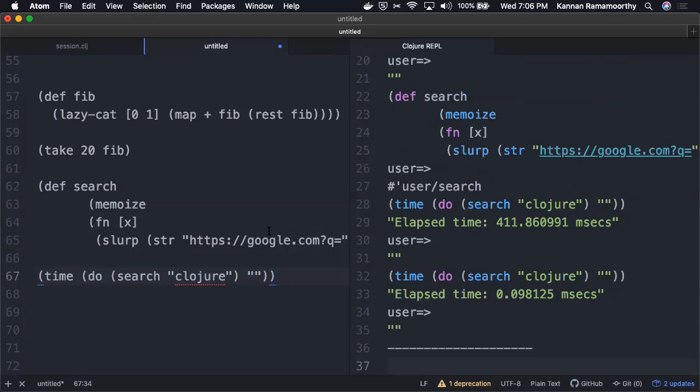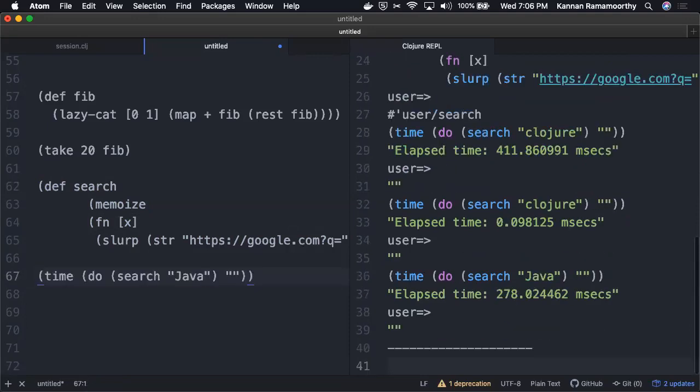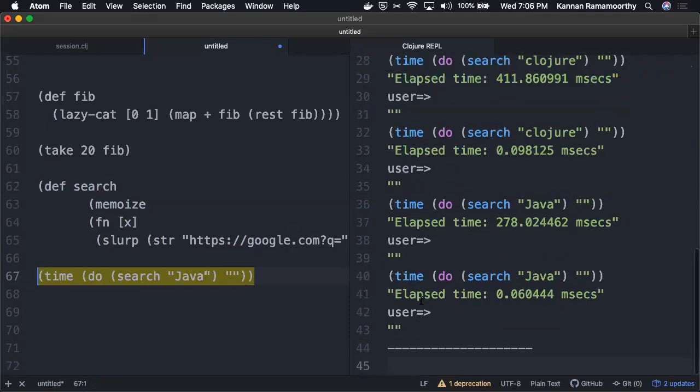What happened here is when I add this keyword memoize, the first time it executes the function and caches the result. On the consecutive calls, this memoize wrapper takes care of returning the already cached result. So if I change the keyword to something else, the first time it takes more time, and on the consecutive runs, it takes very little time.